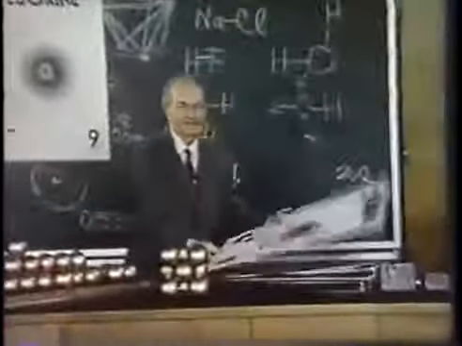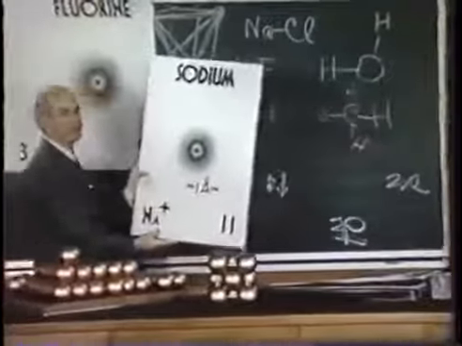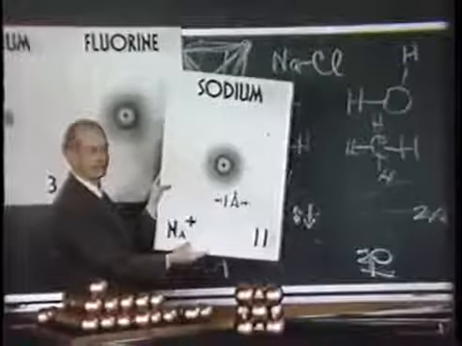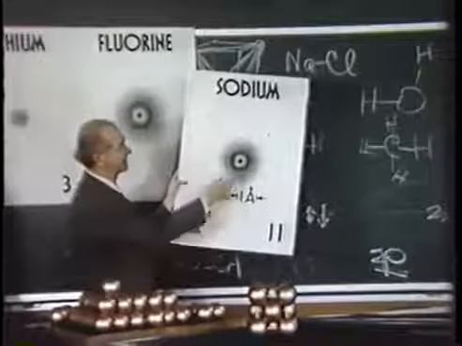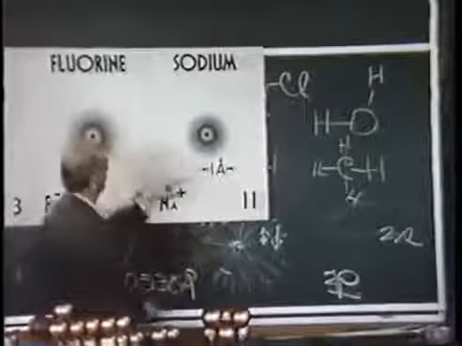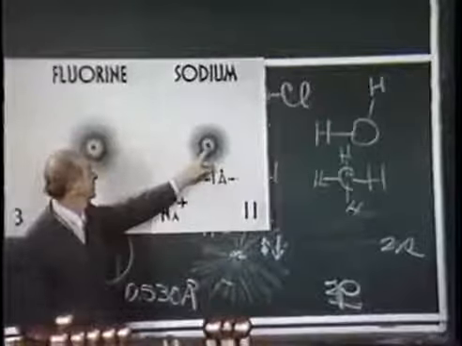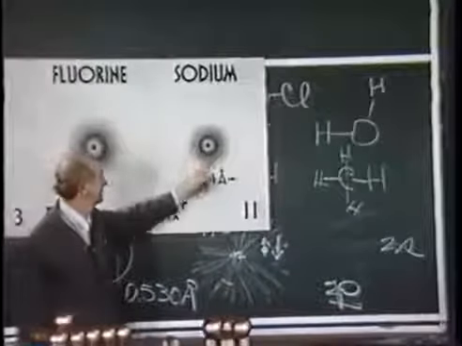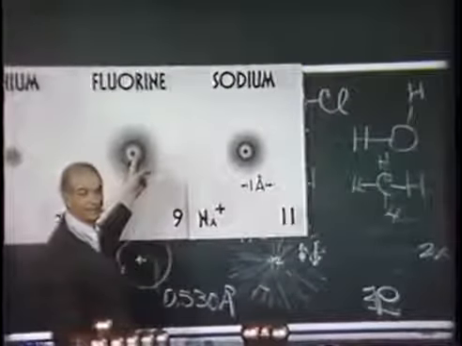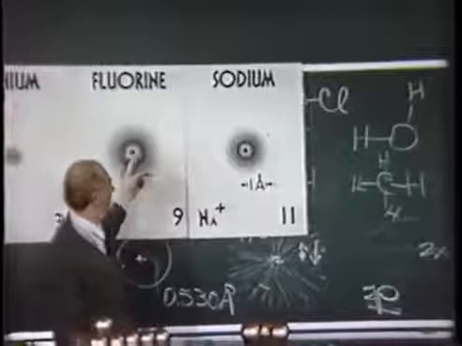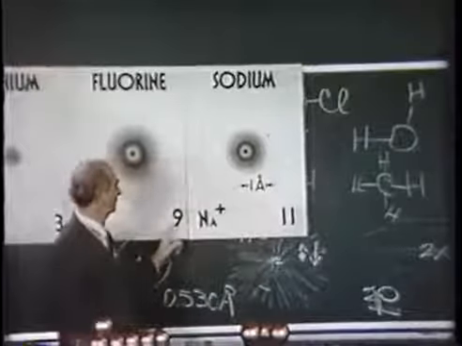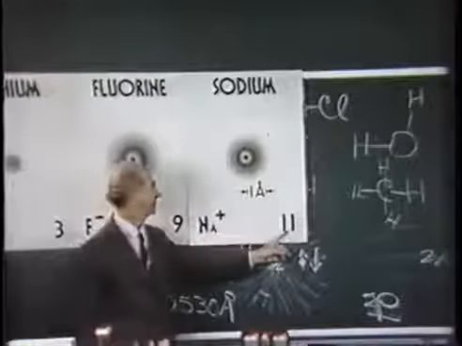And here is the sodium ion. Sodium has 11 electrons, one of them has been lost to form the sodium ion, Na+, leaving 10 electrons just as in the fluoride ion. These 10 electrons are arranged or distributed as shown here. The 2 in the helium shell are close in. The 8 that constitute the neon shell are also shrunk in somewhat from the dimensions in the fluoride ion. This is the effect of the increase by about 20% in effective nuclear charge on going from fluorine to sodium.